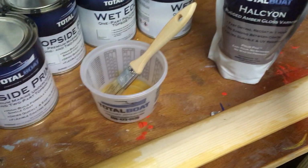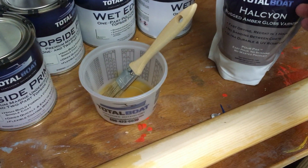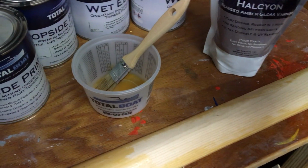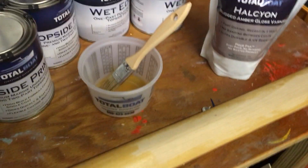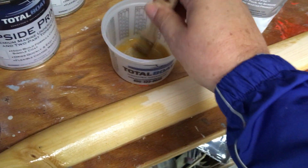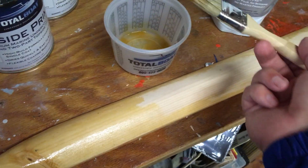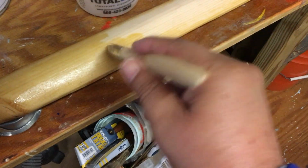Didn't bother to strain it. I know that will strain Doug's imagination, but we didn't. And then you can kind of squeeze it to get the air out, and then seal it back up like that. So kind of a harsh test here for it. Temperature's down, 53. Using a cheapo brush, not strained, and just we'll